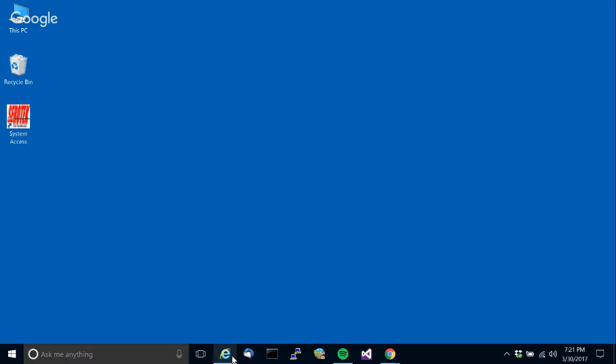We screen reader users tend to be very familiar with the more obscure Windows keyboard commands, so I could press Control Space to select that item. This easy, 1 of 3. And then I can just down arrow. Recycle pin, 2 of 3. System access, 3 of 3. Location. System access is the name of our screen reader. Not a very original name, I know, but that's what it ended up being.